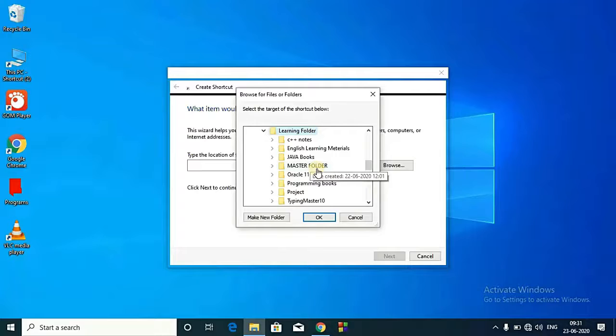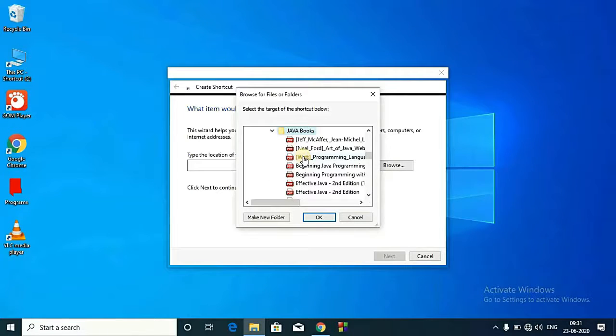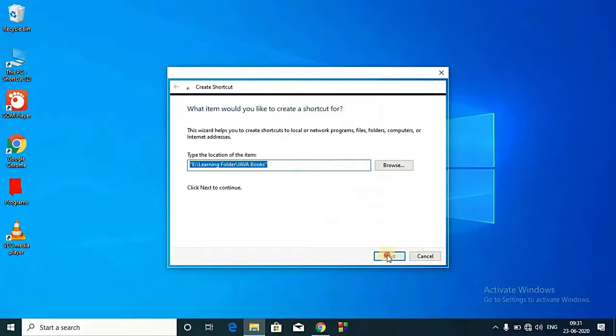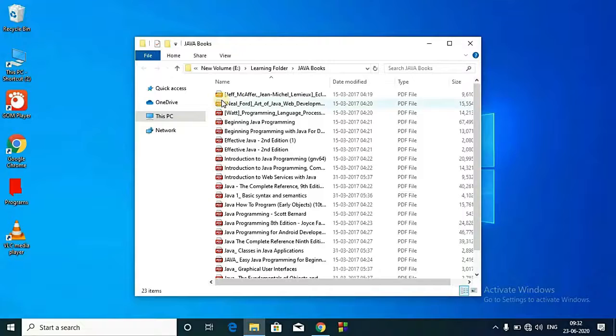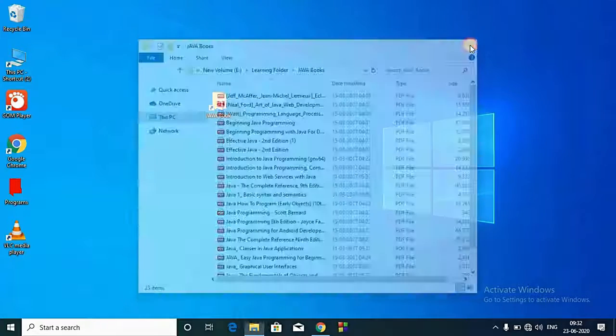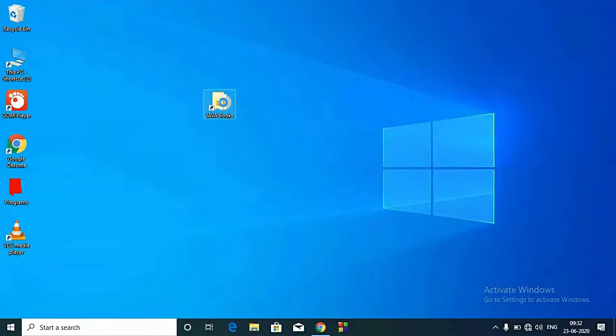My files are inside the folder called Java Books. Click on this. Once you find the location of your files and folder, click OK. Click Next and Finish. Now, an icon has been created for the folder. You can access those files by double-clicking on this icon. And if you want to assign a shortcut key for this folder, right-click on the folder, select Properties,